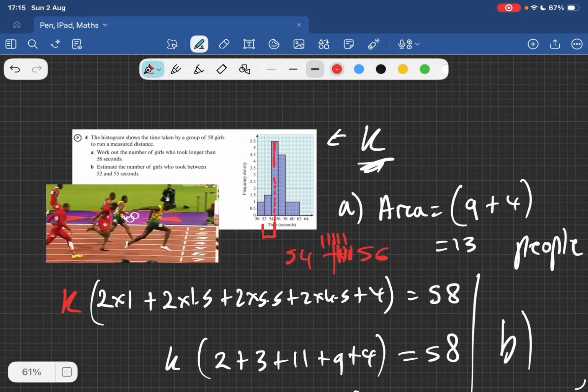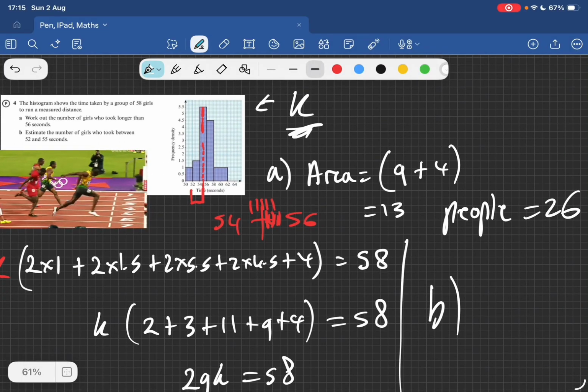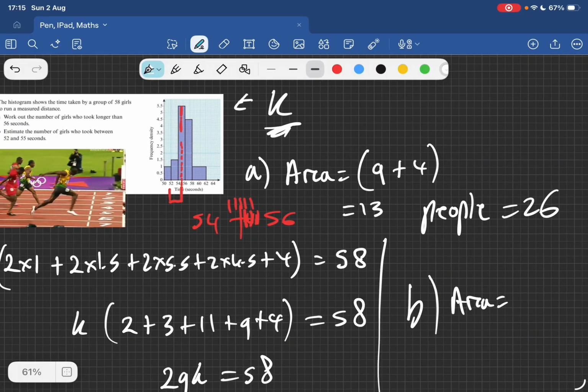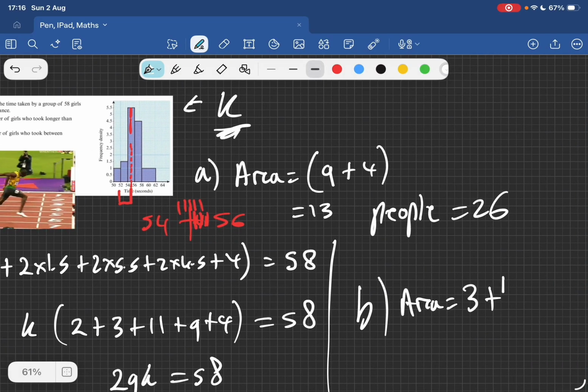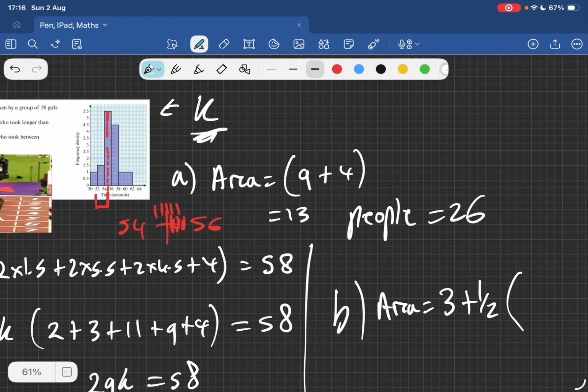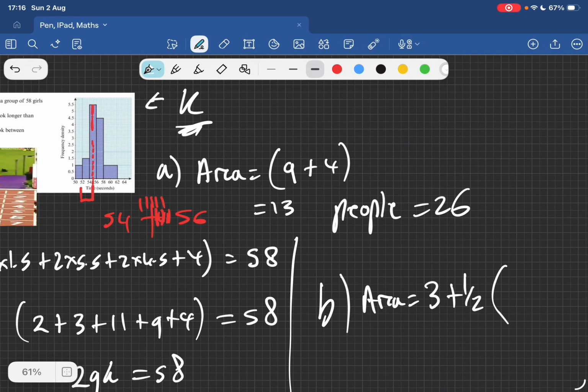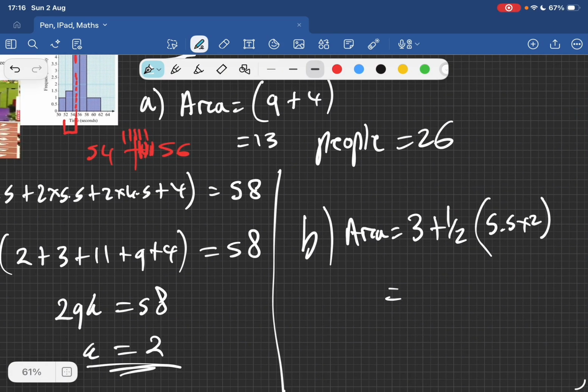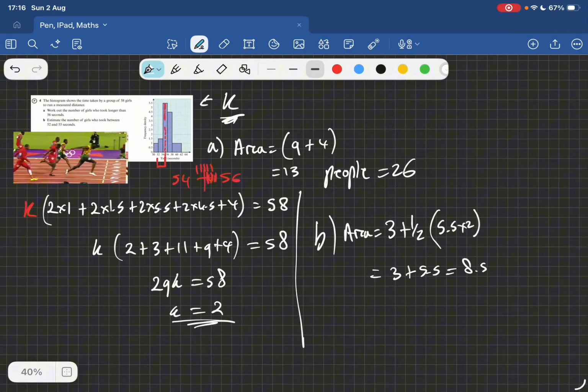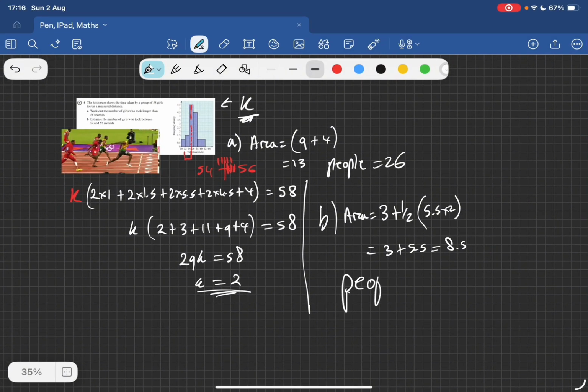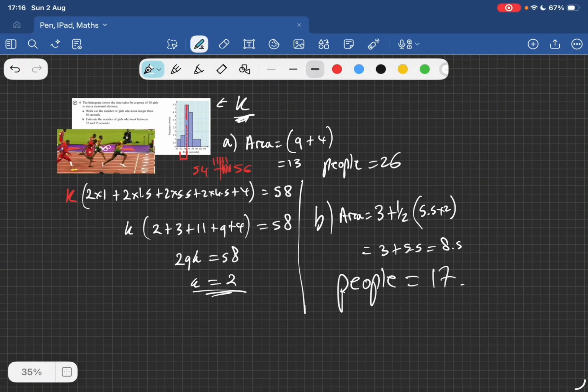So let's work it out. What is the area between 52 and 54? That is going to be 2 lots of 1.5, so 3, plus half of the area between 54 and 56, which is 5.5 times 2. So this is 3 plus 5.5, so 8.5. But we know the area. If we times the area by 2, we get the number of people, so we get 17 people for part